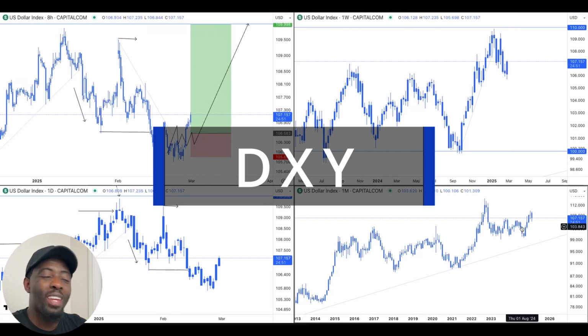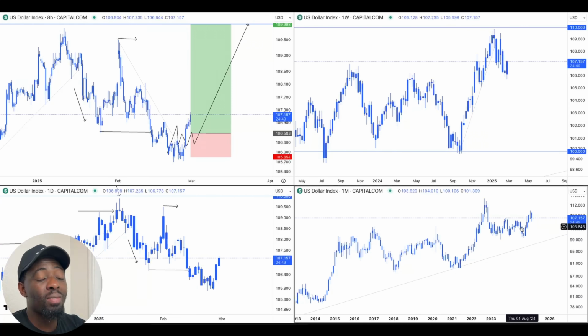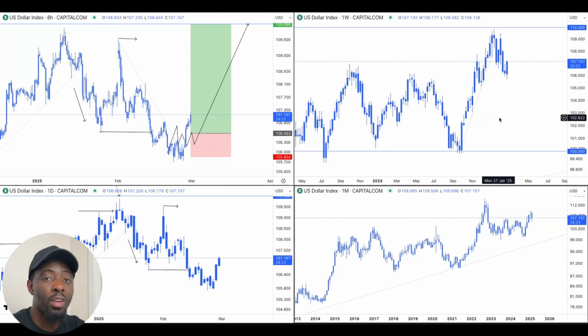All right guys, so here's the DXY, and I have the DXY on multiple time frames. The reason I have it on multiple time frames is just because sometimes I like looking at what price is doing on higher time frames, in as much as the daily time frame is the highest time frame I'll look at. So every now and then I like looking at, let's say, the weekly and the monthly, just to get an understanding of what price is doing, because sometimes I'm struggling on the daily time frame. So I would like to look at higher time frames just to see what price is doing on those time